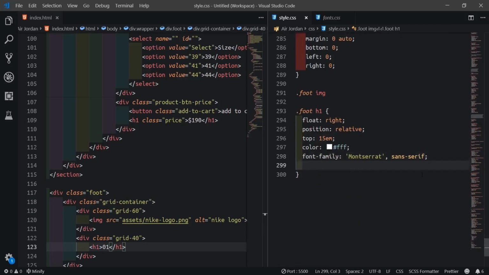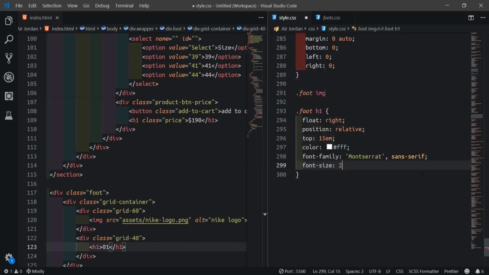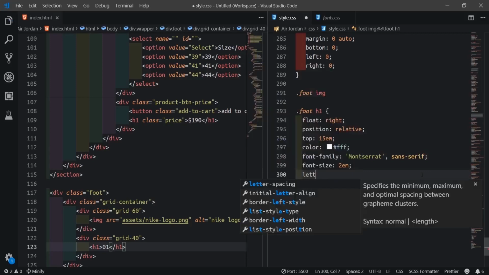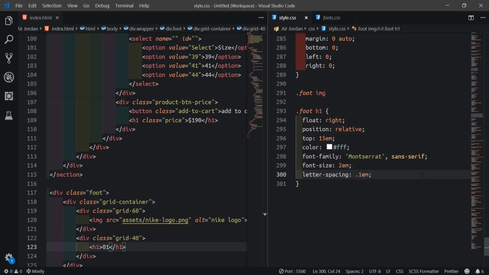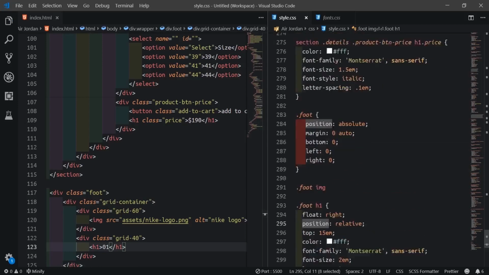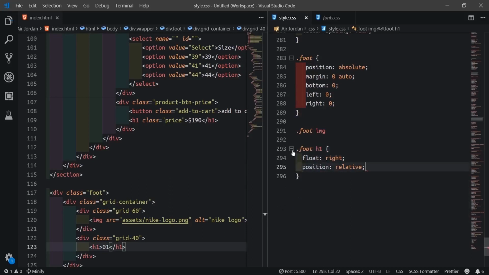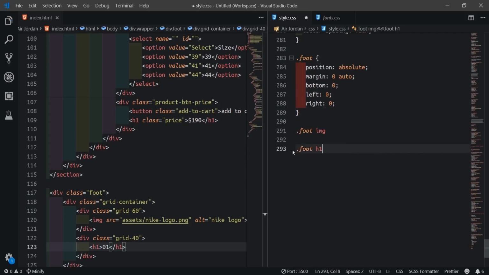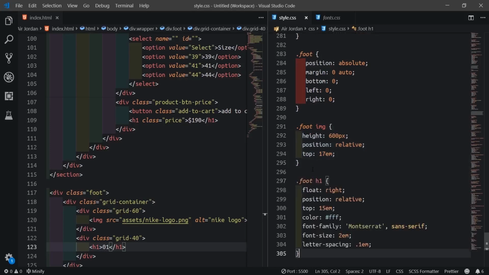Then font size to be like 2 em, and letter spacing to be 0.1 em. So they're supposed to come down a bit. Oh, I made a mistake for this thing here. I'll copy this thing. Undo. Okay. Paste. All right.